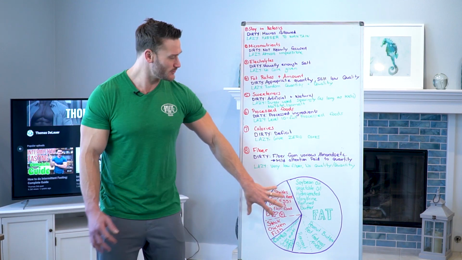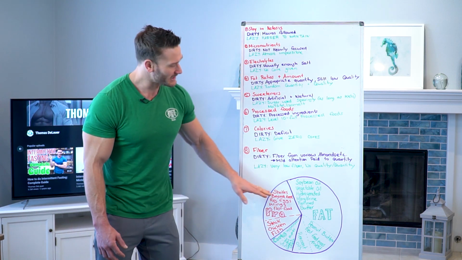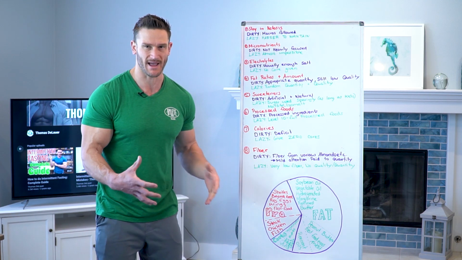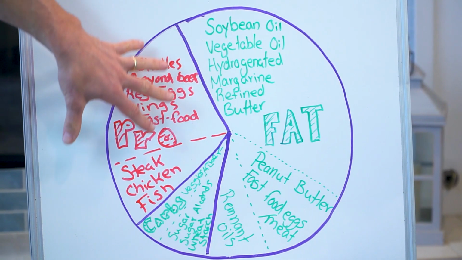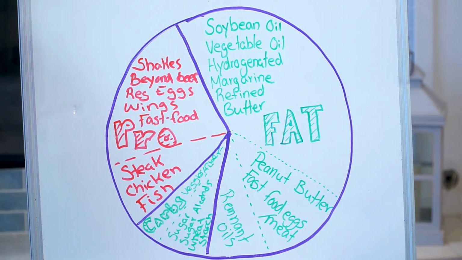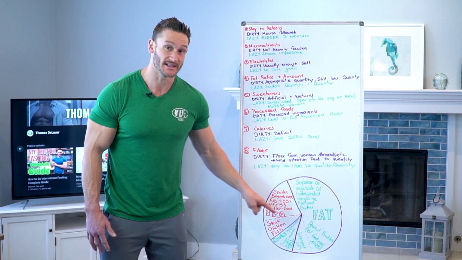Okay, now let's jump to the fun part. We're gonna jump to this little pie chart that I drew. And what I did is I divided it into what people would typically eat in lazy keto as far as macronutrient ratios, right? This big section is fat, this medium section is protein, and this smaller section is carbs. Now, give or take, right? Because it could vary.